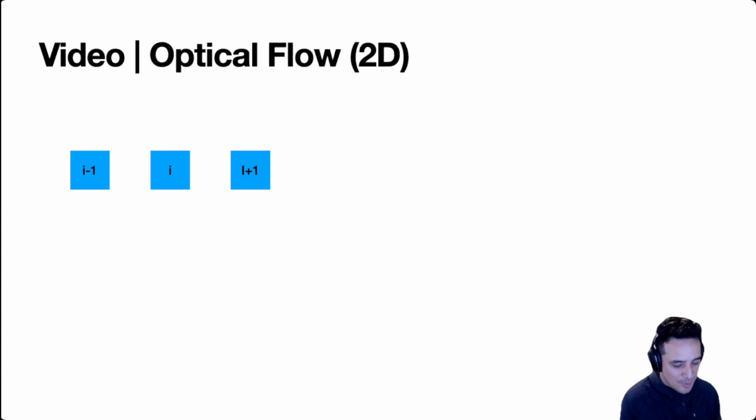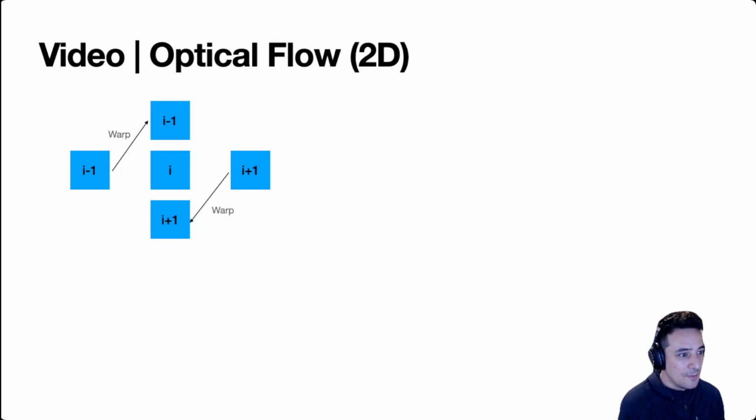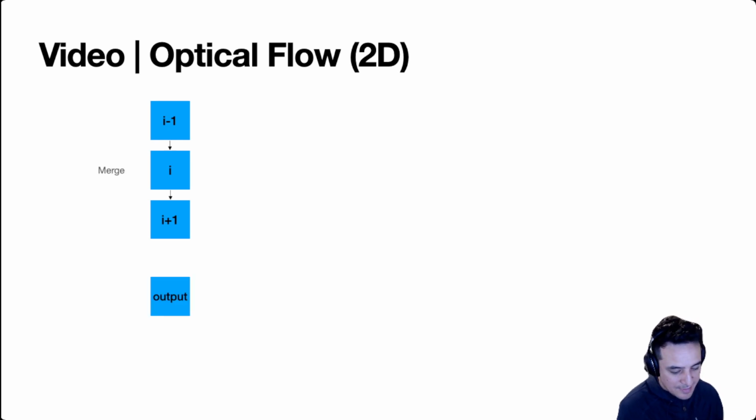So, the most typical way you would do this with a series of video frames would be to do something like using optical flow or 2D correspondences. Right? So basically, you would have 3 frames here, compute the flow for a central frame to the neighboring frames, warp these 2 frames so that they now lie over the reference frame, and then somehow merge the images together to get an output. And this method actually works quite well for many applications.